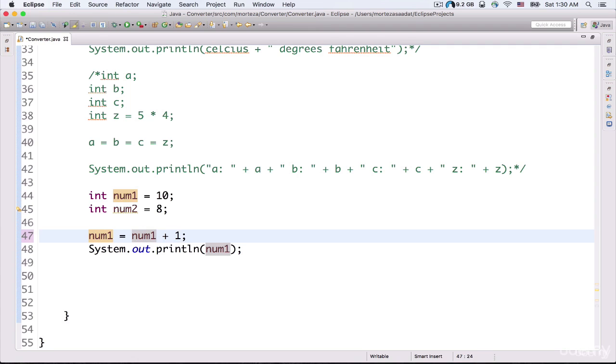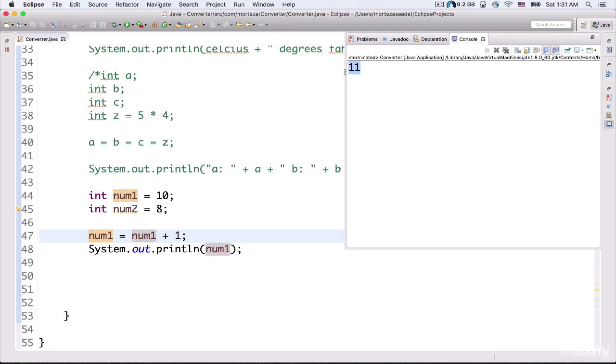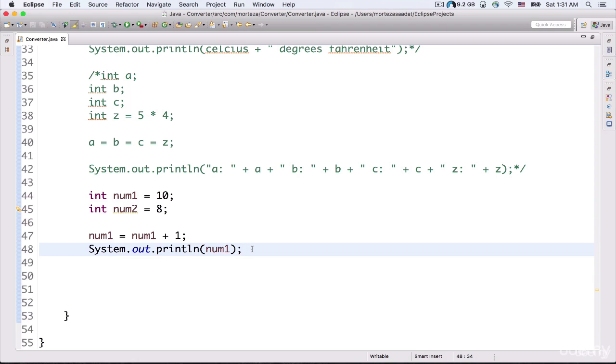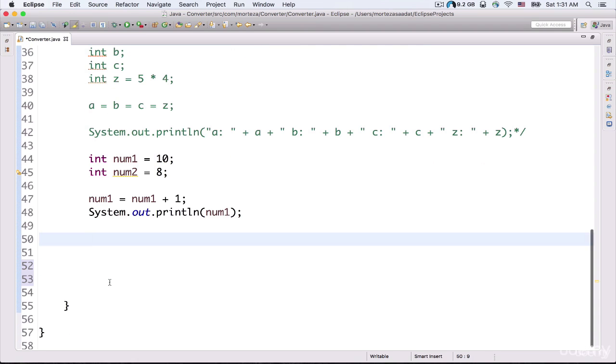Or I can actually add one value to my variable. And then if I run my project, as you can see, it's gonna output this value to the console. Okay? So now let me show you another way of actually adding one value to our variable. Okay? Again, I need to refer to the name of my variable, num1, and then I put the plus operator and the assignment operator. Okay? And then I just put in the number 1 here.